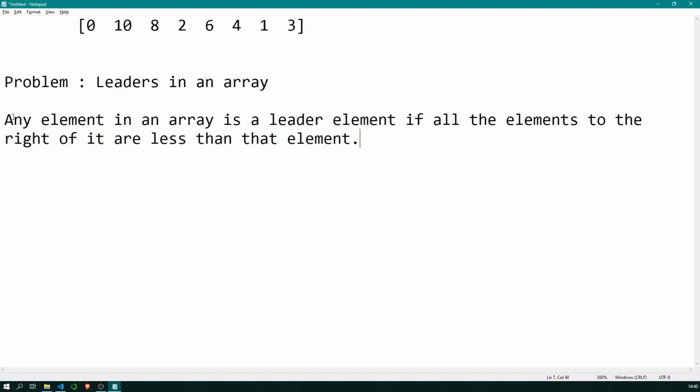Okay, so any element in an array is a leader element if all the elements to the right of it are less than that element. So let's go through this given array.